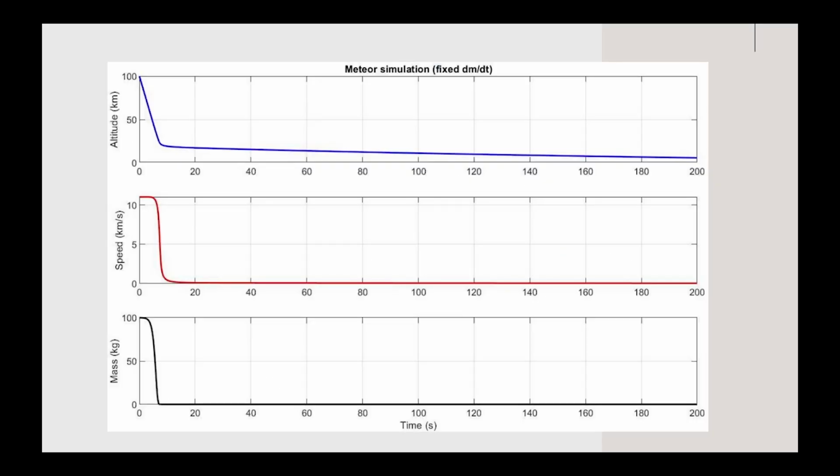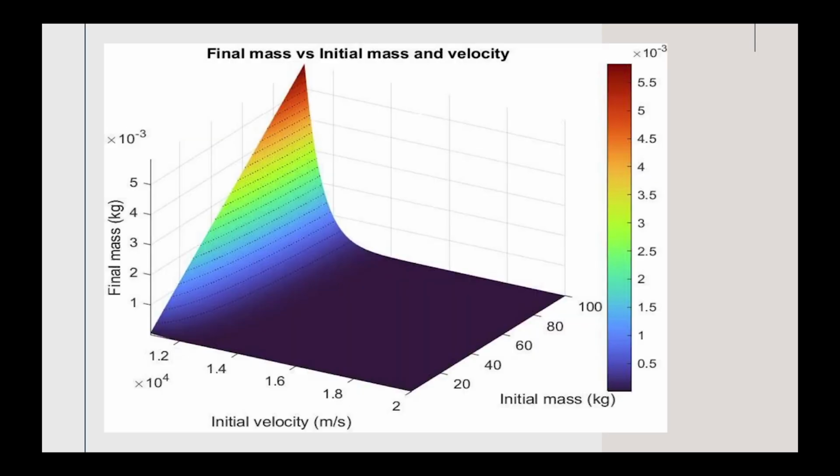So this is an example simulation with a particle that has an initial mass of 100 kilograms, an initial height of 100 kilometers, and an initial velocity of 11 kilometers per second. This basically shows that a particle with an initial mass of 100 kilograms and initial velocity of 11 kilometers per second will burn out. And now looking at the second graph, which shows all the mass and velocities with the